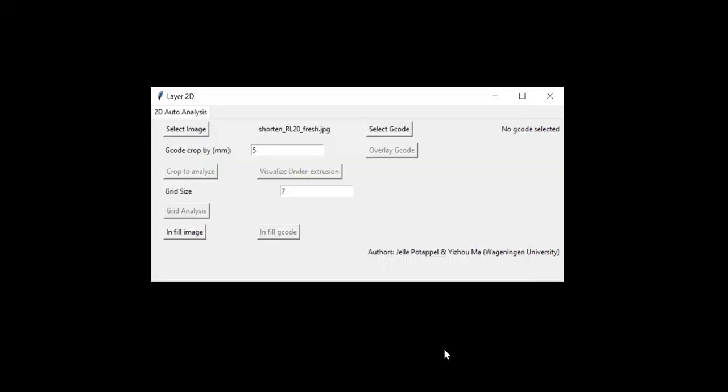It's this one here. And with this, the software is able to specifically locate where the area of interest is, and that's based upon the G code positions. And we leave about a 5 millimeter edge so that it doesn't directly crop into our design. And so then we can just leave this at 5 millimeters for now, and we can click overlay G code, which will give us the preview of our